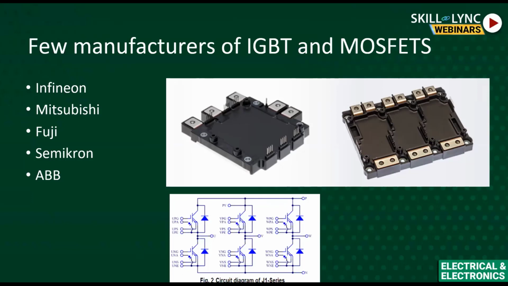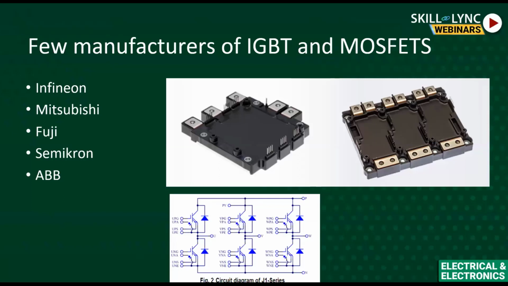So this picture shows an example of a three phase module. I have taken this picture from Mitsubishi. You can see on one side two thicker copper terminals, and on the other side three thicker copper terminals. The three are AC, whereas the two thicker copper terminals are DC. So this is an inverter module, or in industry terminology we call it a six pack. So this is a DC to AC converter.